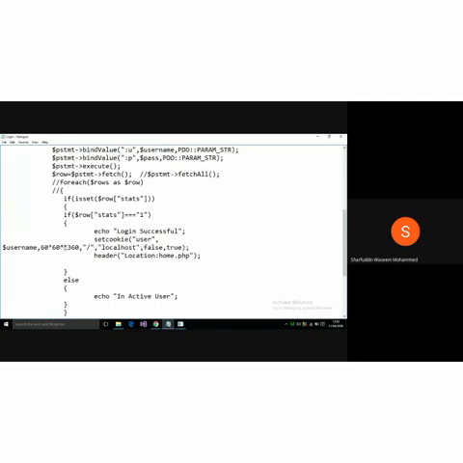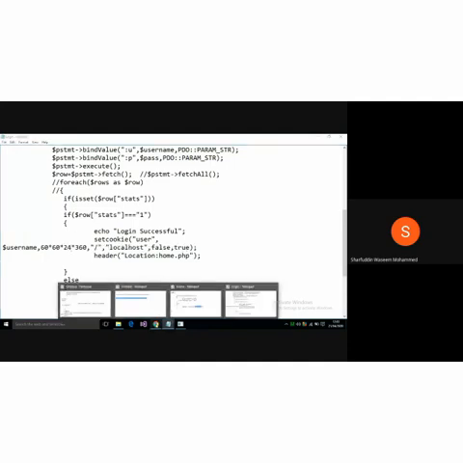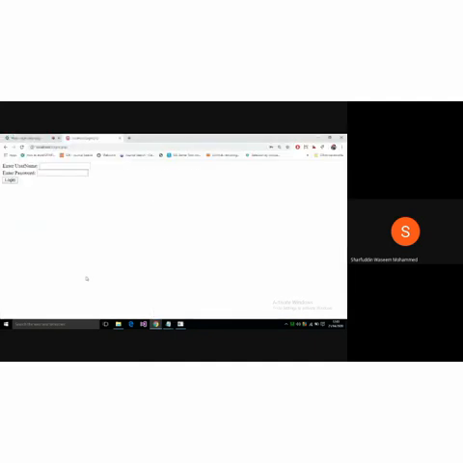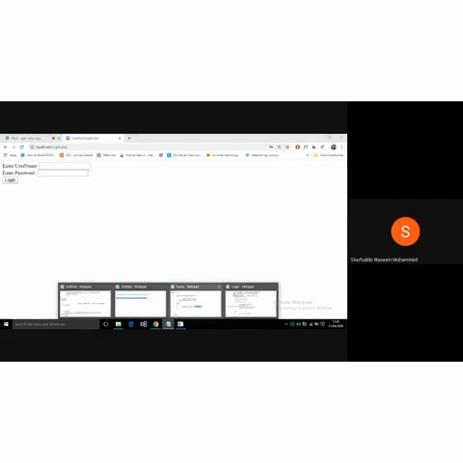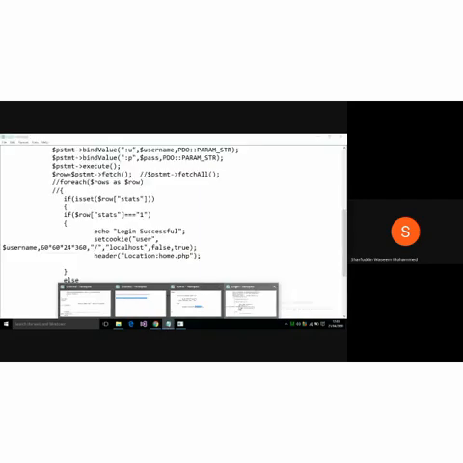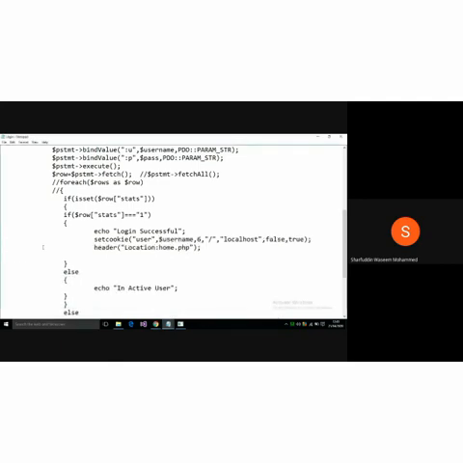I will check this. So I'm saving this again. I'll let you know about these details. So let it be 0, because it is not accepting when it is not 0.